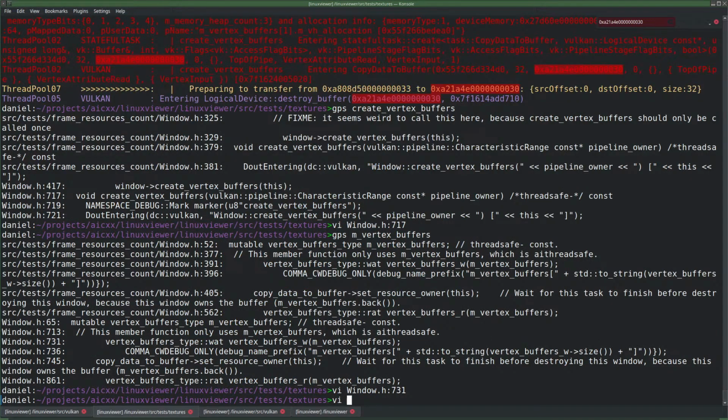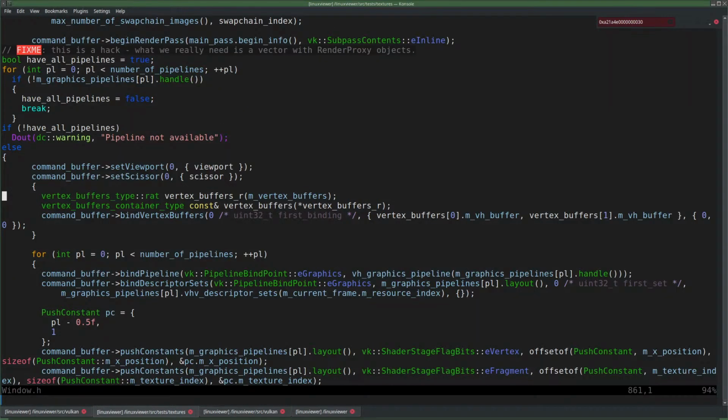This is the code we just looked at. And then we have the debug name. That's also the same code that we just looked at. So this is the only place where we have any hope for ever getting back our vertex buffer,